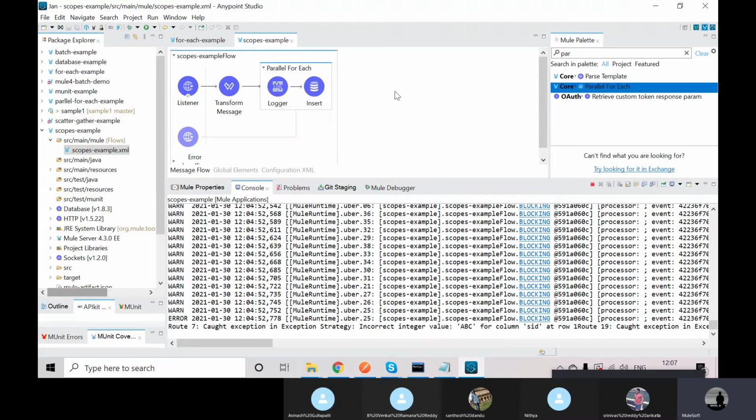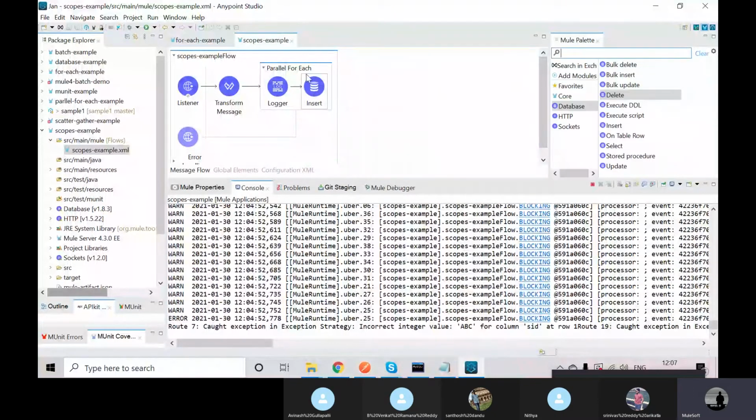Okay, batch is something simple actually, so I'll use batch here. So how can I use batch actually? I'll use batch. I'm getting 30 records, right? I'm dividing those 30 records into three parts actually. I'll mention batch size is 10. Okay, I'll show you. First of all, I'll drag batch instead of parallel for each.